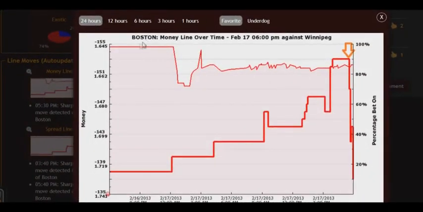Boston against Winnipeg. Boston is a favorite and a road team, as it's indicated in red color. It plays against the Winnipeg team, which is the Underdog playing at home, shown in blue. During the day, the situation was perfect. Smooth odd decrease of the favorite team from -139 to 155, that is about 16 points. The odd was decreasing on the favorite and was a good signal, indicating that the Boston team will win